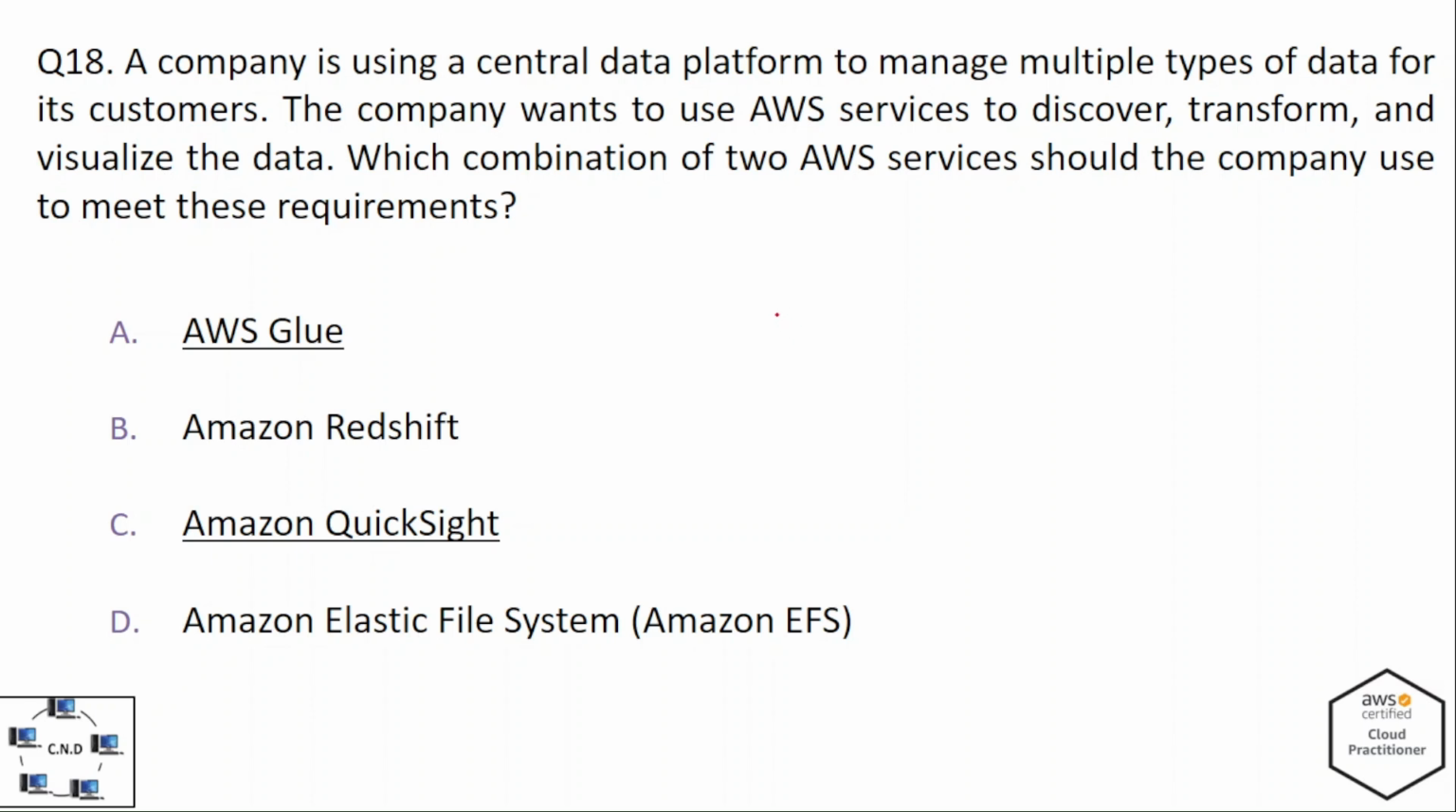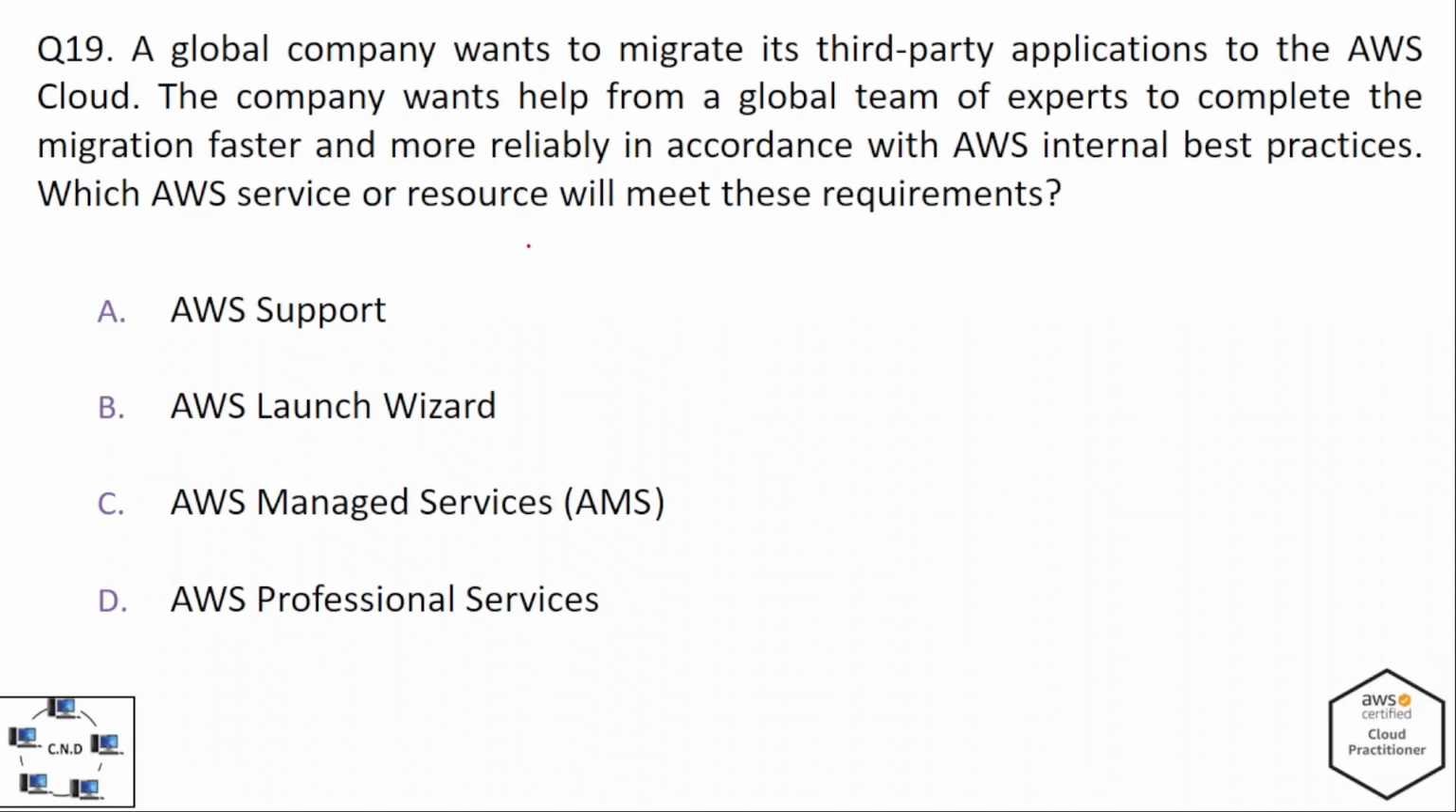That is question number 19. A global company wants to migrate its third-party application to the AWS cloud. The company wants help from a global team of experts to complete the migration faster and more reliably in accordance with AWS internal best practices. Which AWS service or resource will meet these requirements? The options are A. AWS Support, B. AWS Launch Wizard, C. AWS Managed Services, and D. AWS Professional Services. And the correct option is,